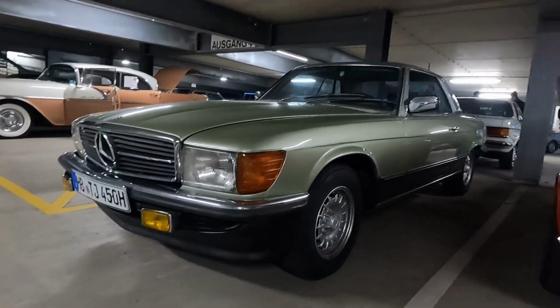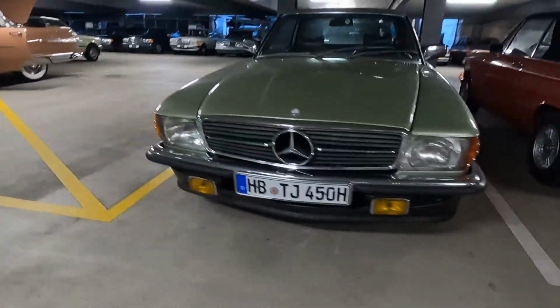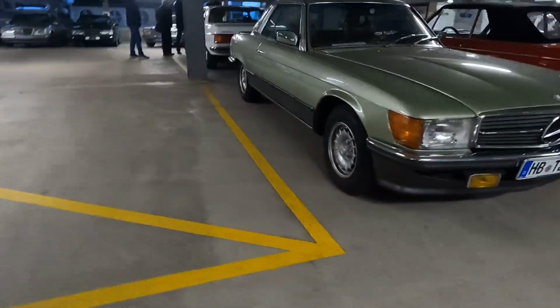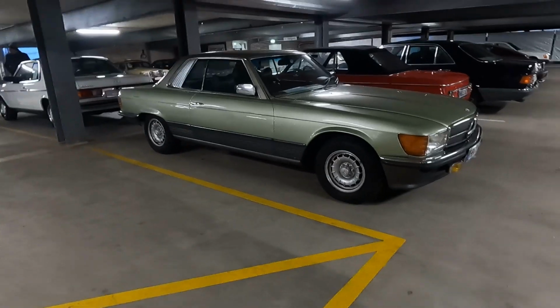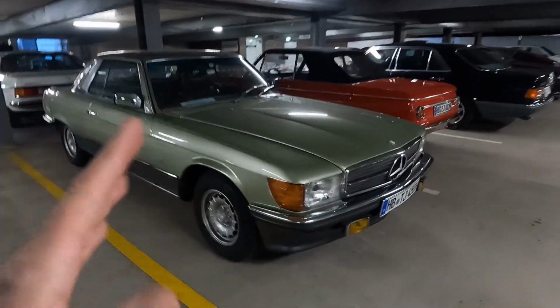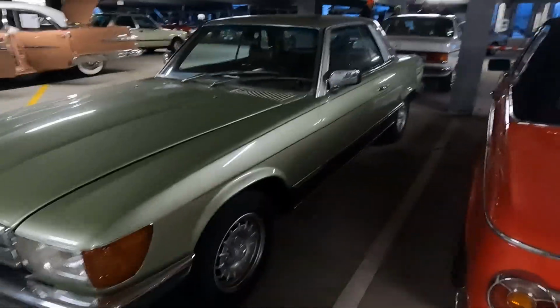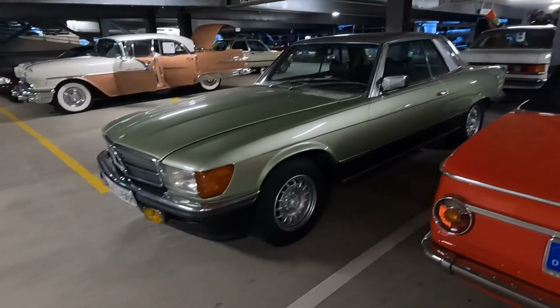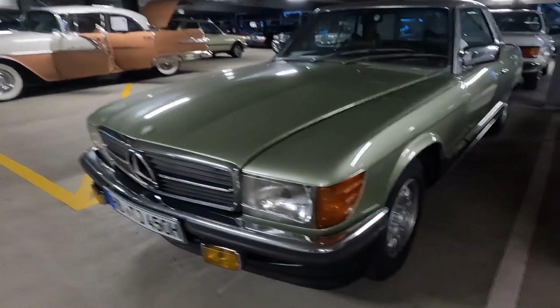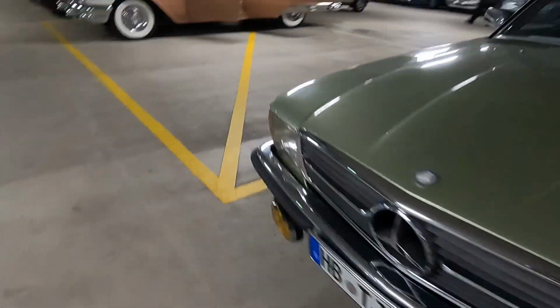And finally, another C107 series, and this is top of the line because it's not only a 450 SLC, it's the 5.0. So this was very different from all the other SLCs. Lots of aluminium parts, and this has some rust spots here and there. Anyway,